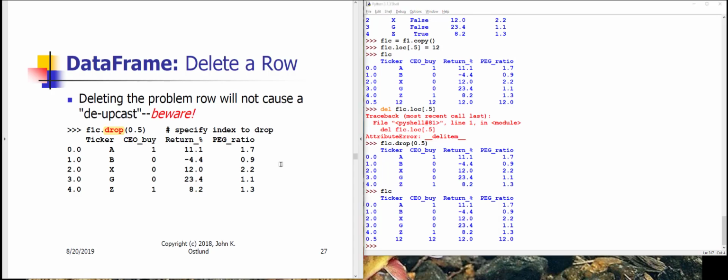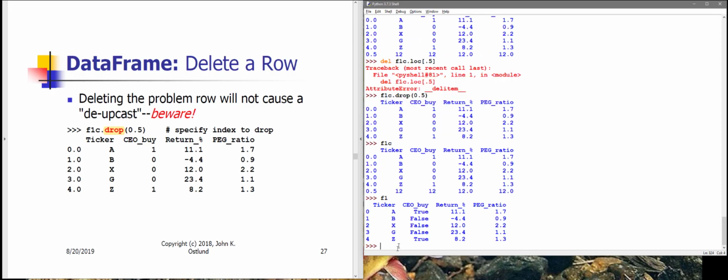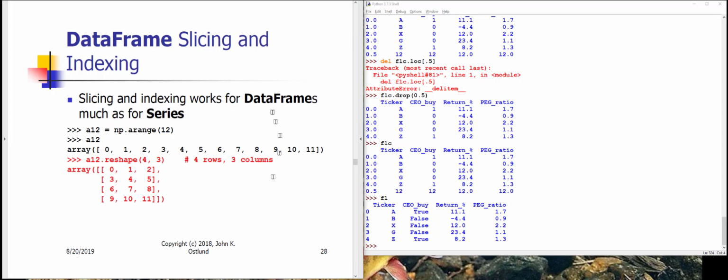All right, well, fortunately, we still have F1 itself that is not destroyed. So if I display F1, I see the original data frame that I had. Okay, so we've taken a look at columns, rows, accessing, adding, deleting. Next up, let's take a look at slicing and indexing within data frames. This is going to be very familiar from what we've already seen about ND arrays and series. And to make these examples relatively easy to look at and describe, I'm going to create a somewhat less complicated